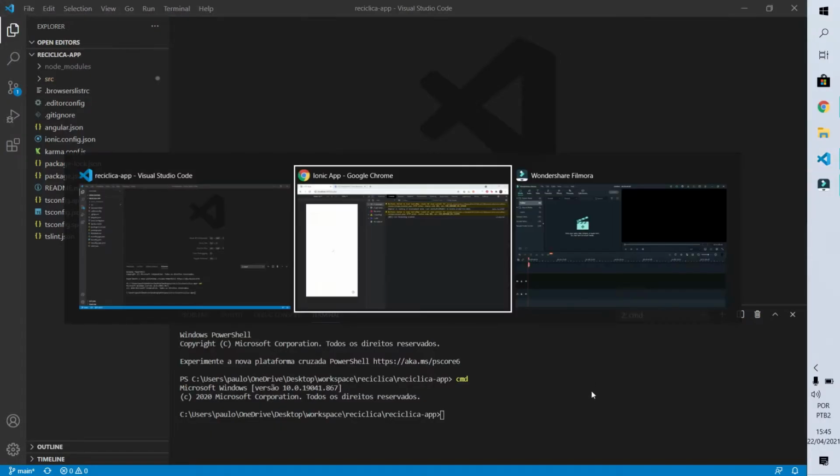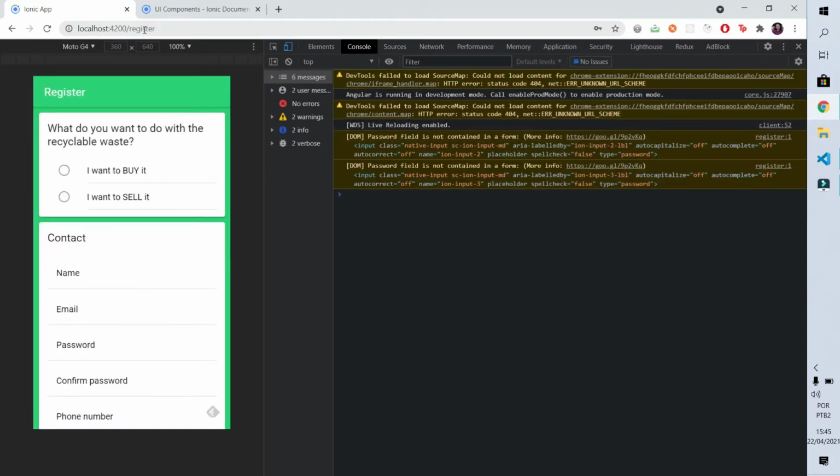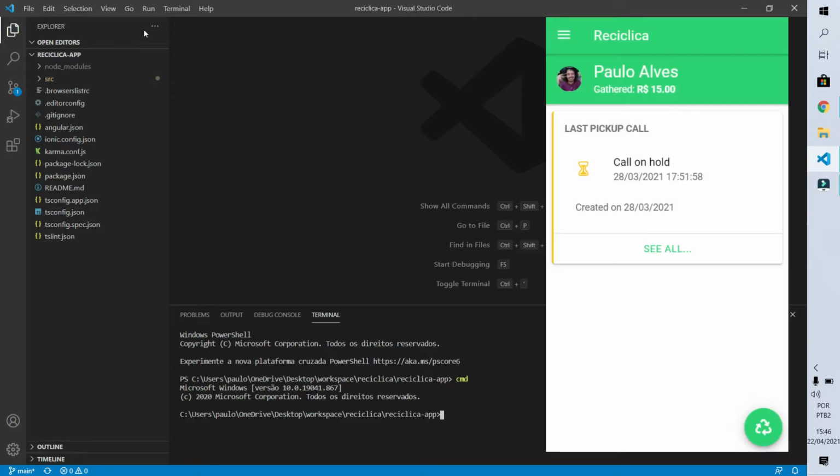So let's start by going to the browser and remembering how the project looks now. First we have the loader page, then we have the login page, and finally we have the registration page that we created in our previous videos. Now what we are going to do is to create the home page for our partner. I mean, the page that will be shown to the partner as soon as the partner logs into the app. I want this page to look similar to this image appearing in the video.